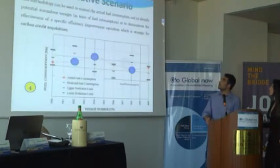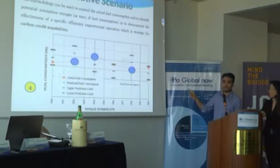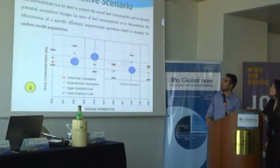Next slide. This is a typical output of this software. This methodology can be used to control the actual fuel consumption and to identify potentially anomalous voyages in terms of fuel consumption, or to demonstrate the effectiveness of a specific efficiency improvement operation, which is strategic